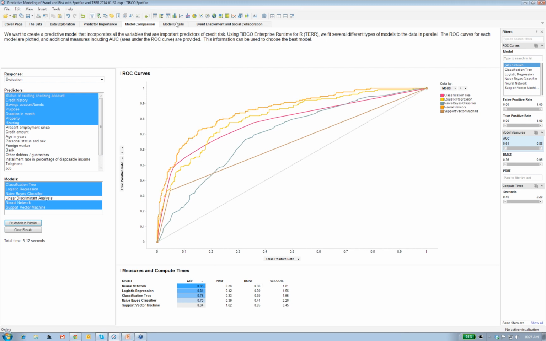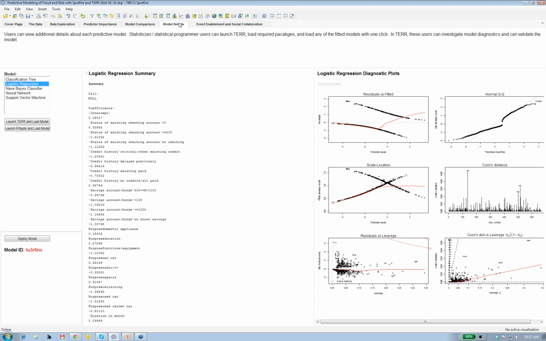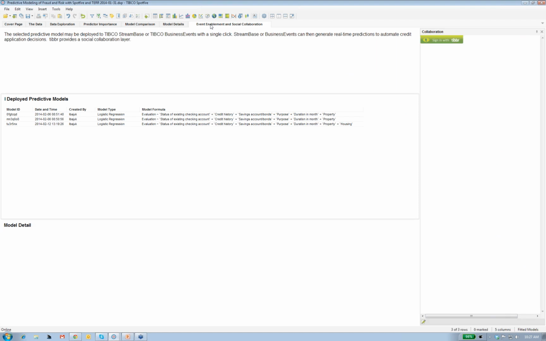And this might be sufficient for, say, a reasonably savvy user to decide what's the best model to use for their particular application. For a little bit more advanced user, they might want to see some of the details of the models being developed behind the scenes, get some of the diagnostics back, and look at a deeper level for their applications. But once I go through this process and have decided what model I want to use, I can then deploy it out. So in this case, I've deployed several models already. Any of which of these models I could then use